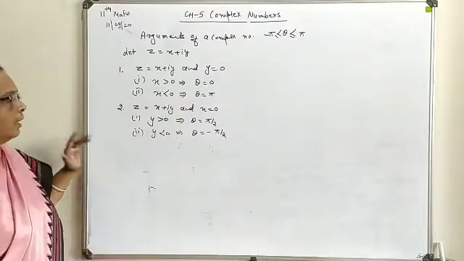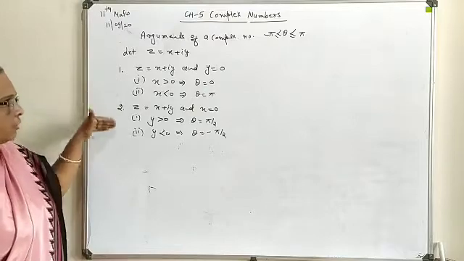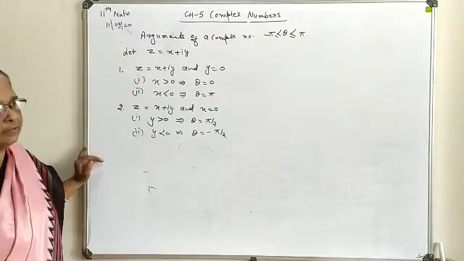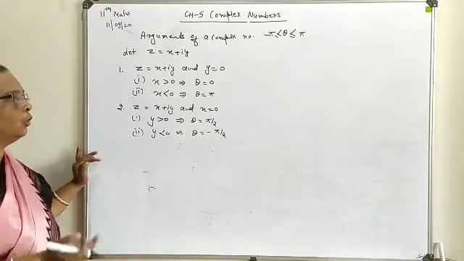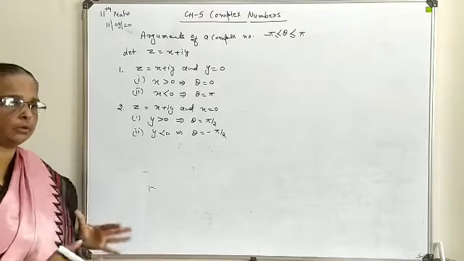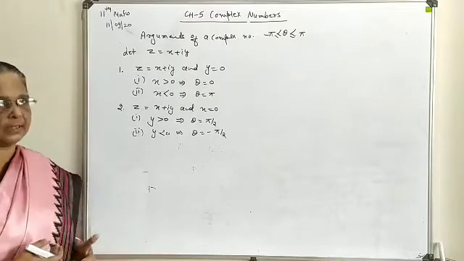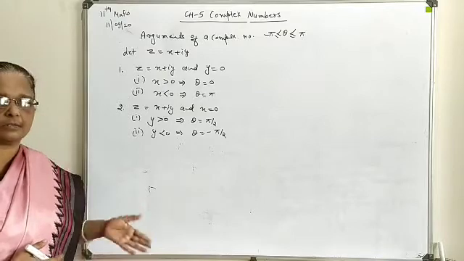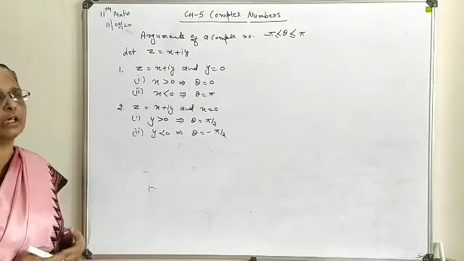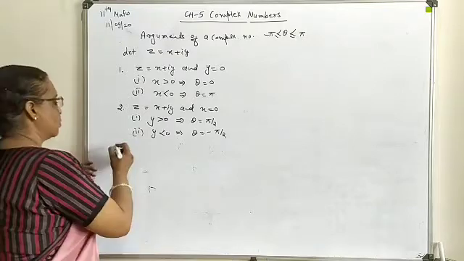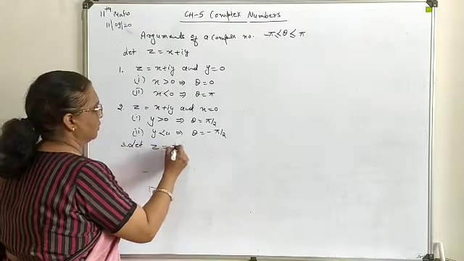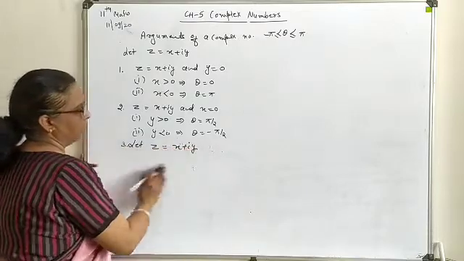Now the next. In these two cases, one combination was 0, means either we are having the imaginary part as 0 or the real part as 0. Now the third category, in which both are present, means z consists of both the parts, real part as well as the imaginary part, but with positive or negative sign. So how is it to be evaluated? So third case, let z is equal to x plus iota y.